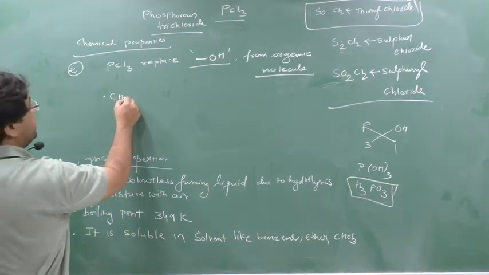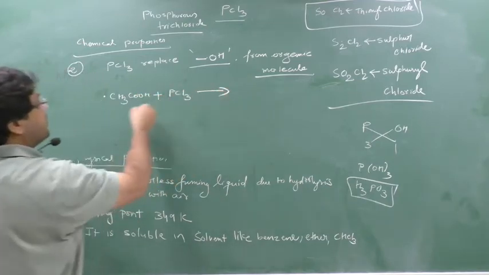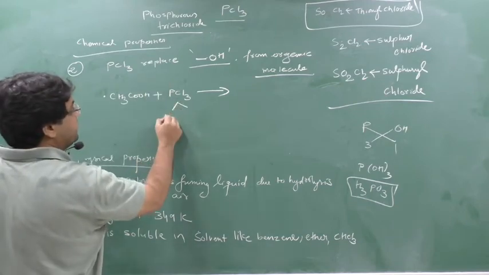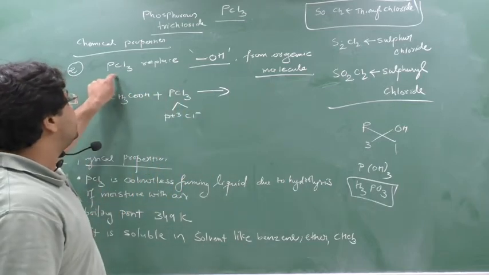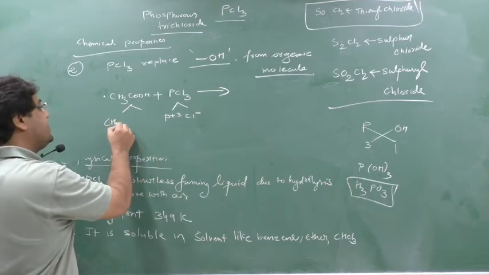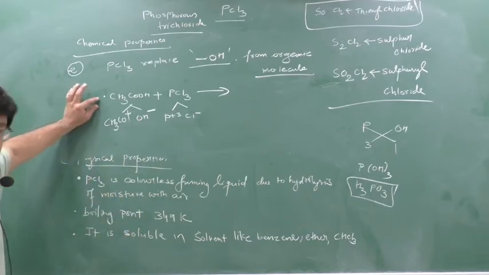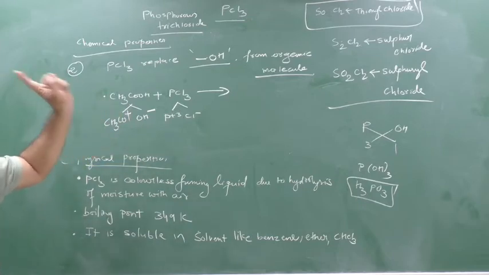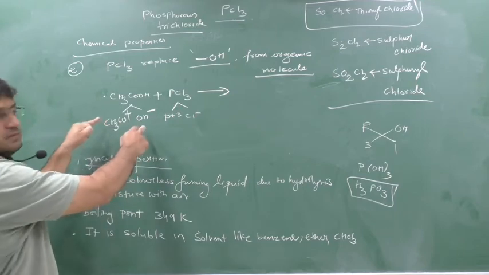Now see here, we'll take one example. The example is CH3COOH, acetic acid, an organic compound, and we react it with PCl3. The cracking of PCl3 will be P plus 3 and Cl minus. This is easy cracking. But understand that PCl3 will always replace OH. So here the cracking would be CH3CO and OH minus, so here it would be plus. See, this is wrong, it is not possible. But you have to remember they are replacing OH.